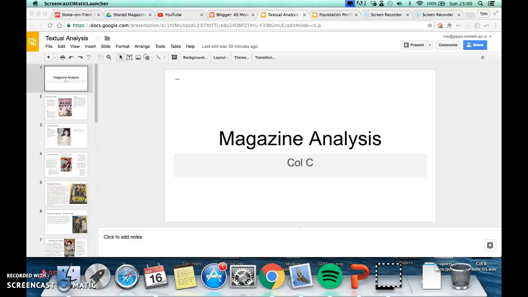Okay, so this video is going to be all about how to embed your Google Slides presentation into Blogger. You can see in front of us the shared presentation that you all did in class, but obviously what you need to do is embed your own individual magazine textual analysis presentations into your own blog. So the first step is to go to File